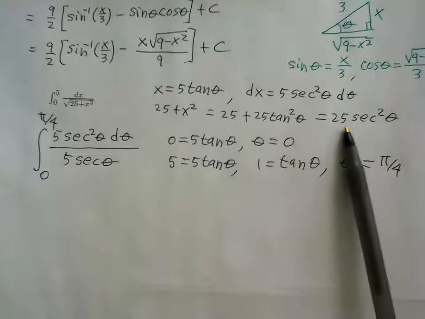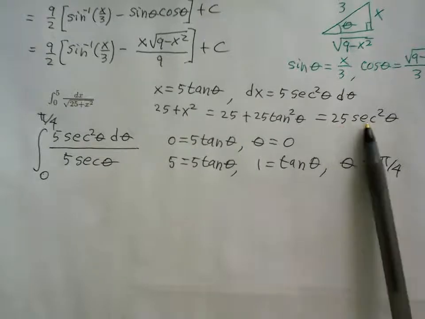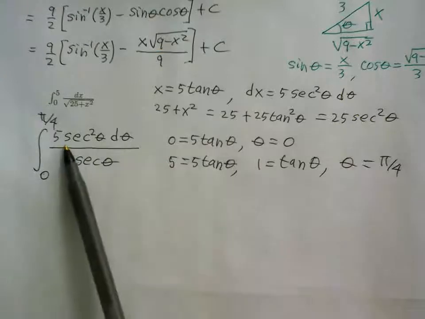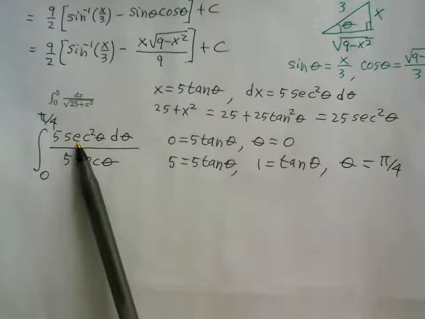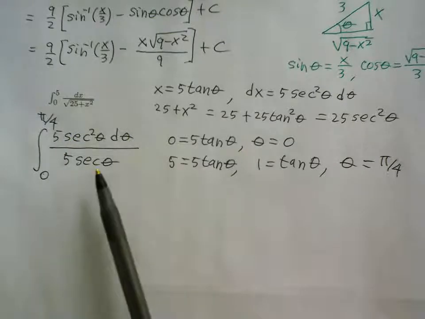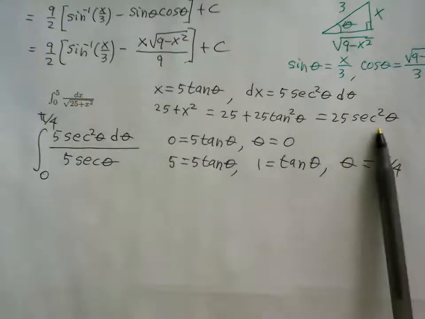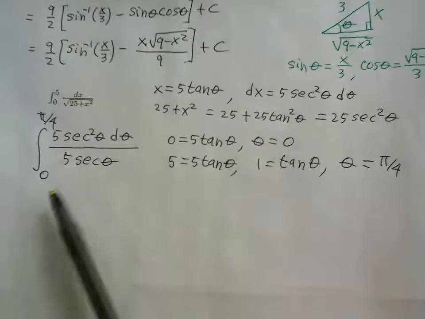And that simplifies, using the identity, to 25 times secant of theta squared. Okay, so in the numerator we've replaced dx with 5 times secant of theta squared d theta. In the denominator, we take the square root of 25 secant of theta squared to get 5 times secant of theta. And then the limits of integration,